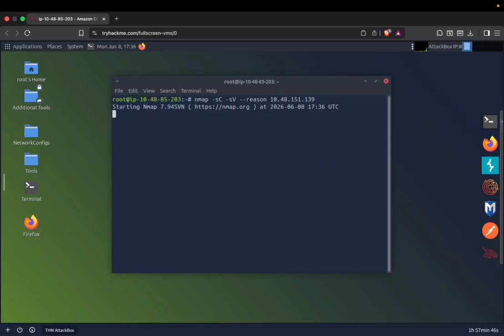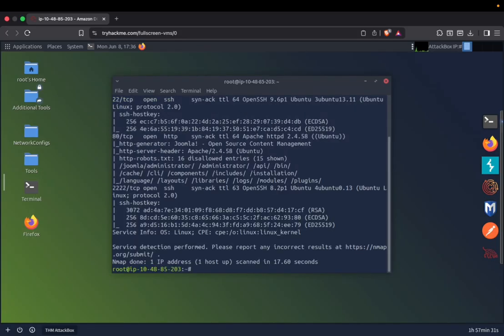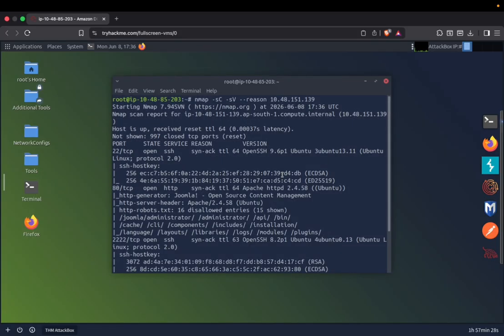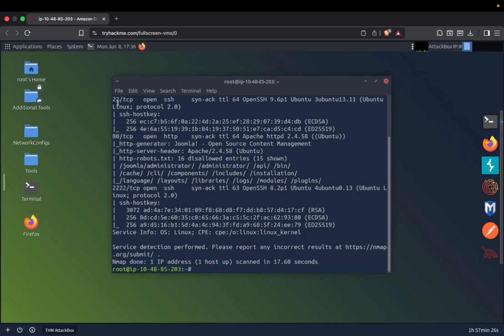Okay, so let's see which ports are open. It might take some time. Okay, so as we can see, there are a total of 3 ports open: 22, that is for SSH, and port 80, where there is an HTTP server running, and we can see Joomla. Joomla is a content management system, CMS, yeah. And then this port, that is